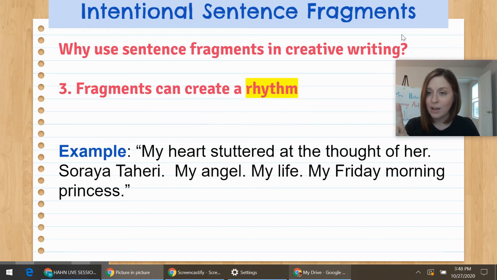So fragments create emphasis. Fragments draw attention to the point the author is trying to make. It breaks up really long sentences. It's always good to have a mixture of short and long sentences. And then fragments create a rhythm. So as you look at your dailies this week, think about how authors use fragments and what the effect on the sentence